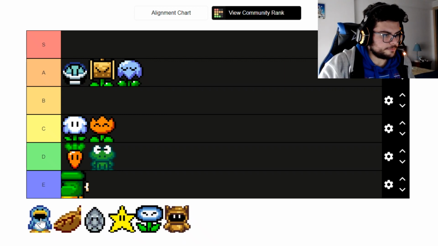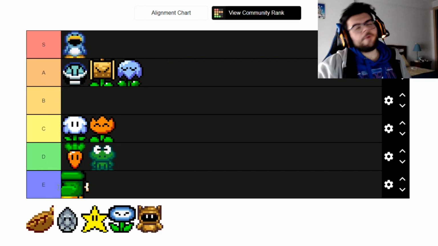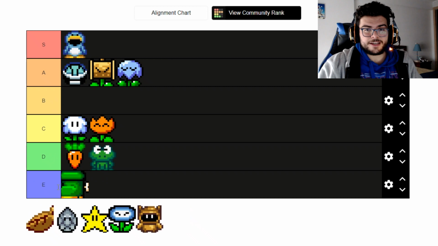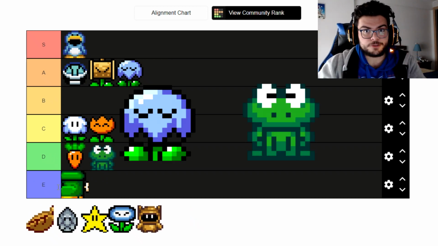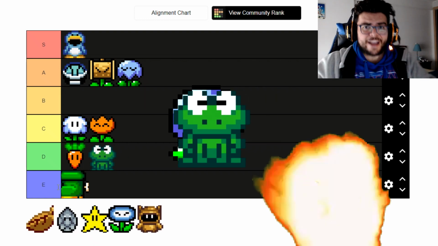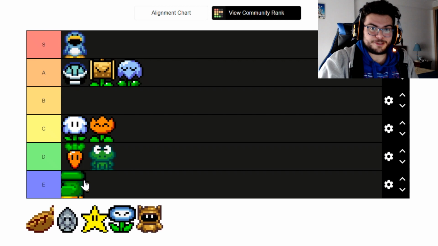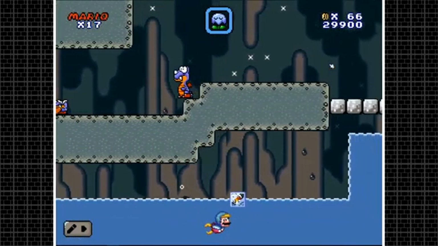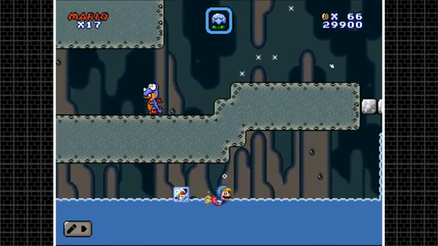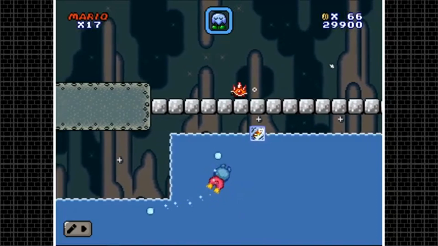Alright, Penguin Suit. S. Alright, I'll explain. Take everything awesome from the Ice Flower and everything awesome about the Frog Suit and put them together and BAM! You get the Penguin Suit! It's basically the Swiss Army knife of Super Mario Construct. So yeah, take the awesome swimming abilities from the Frog Suit, plus the awesome advantages from the Ice Flower, you can freeze enemies and all that cool stuff, and